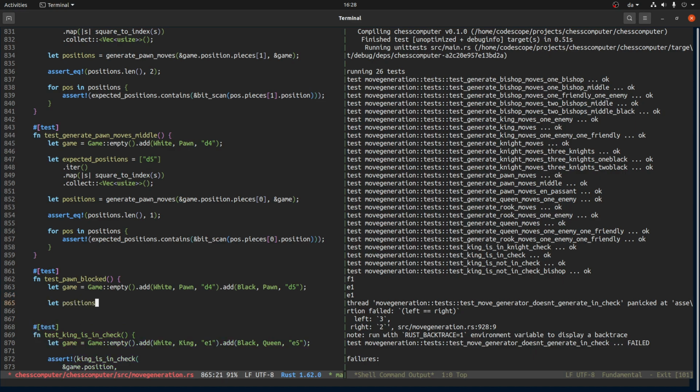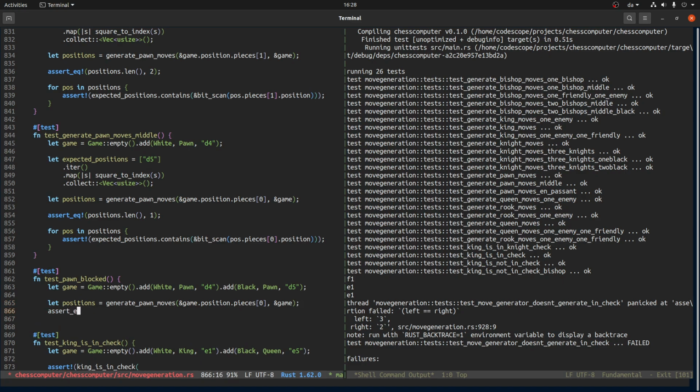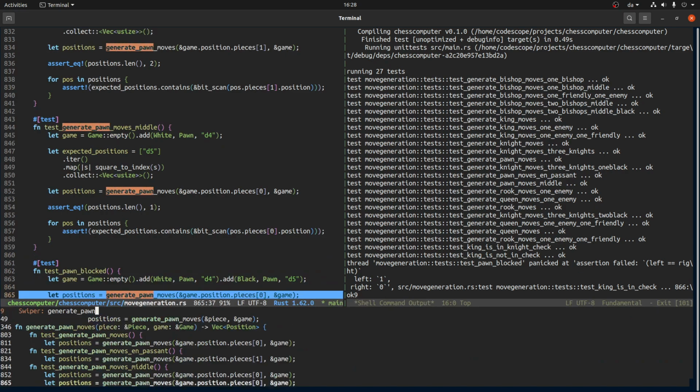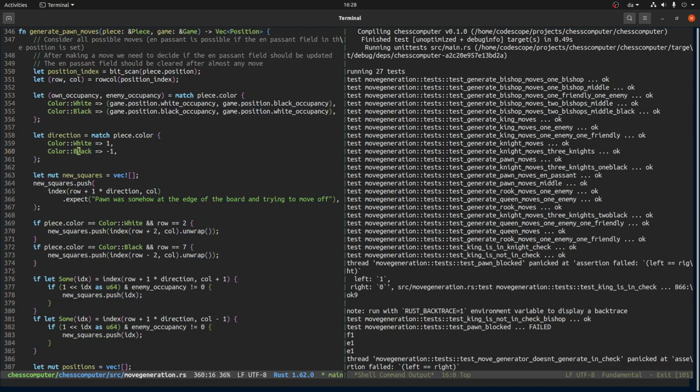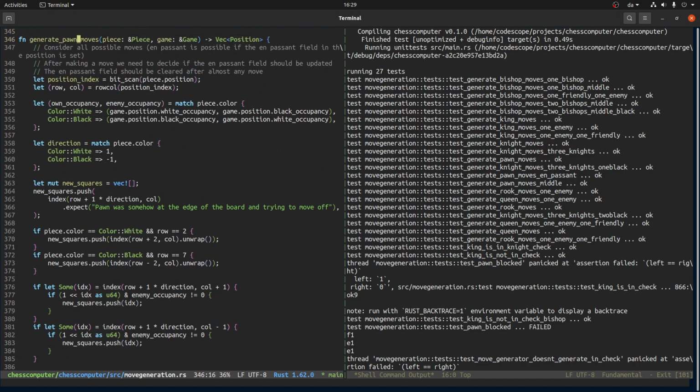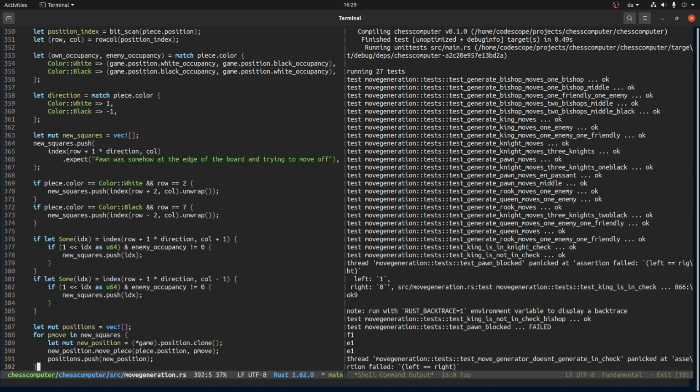And yes, it failed. So there is a bug in generate pawn moves. My god, what a function. And part of the reason is we're just sort of naively pushing things. So we've pushed all of these